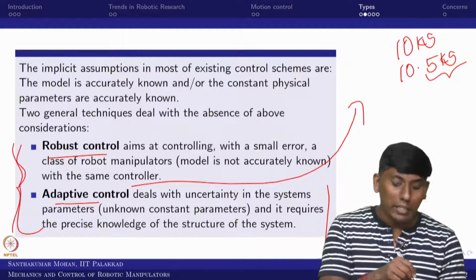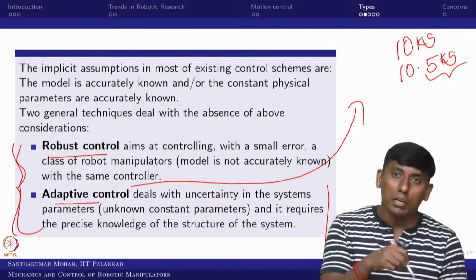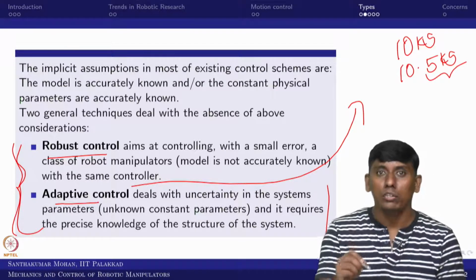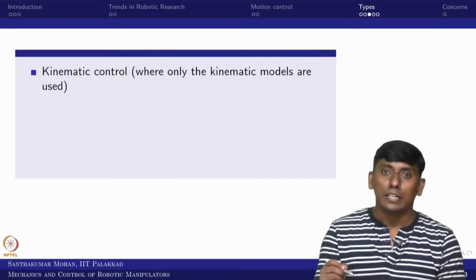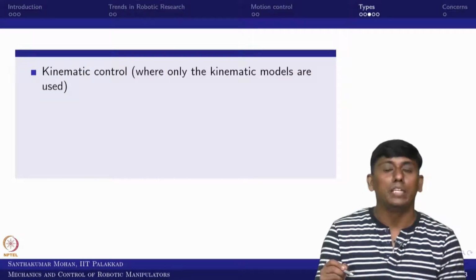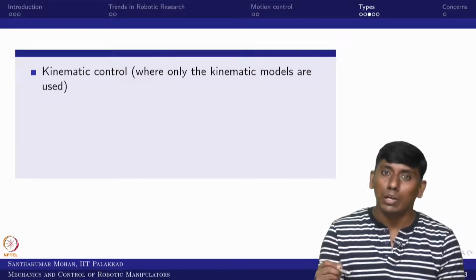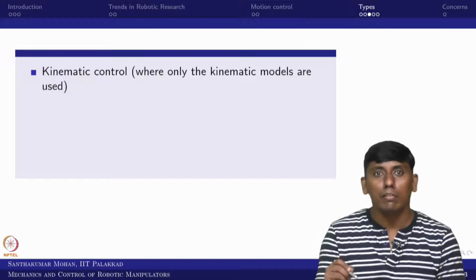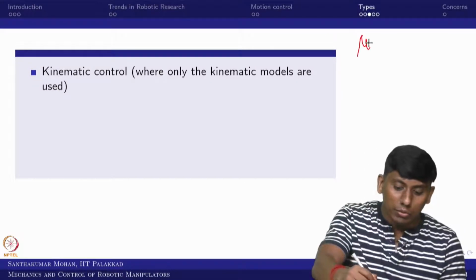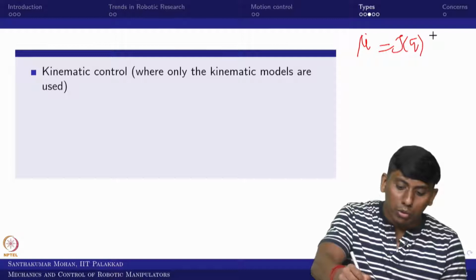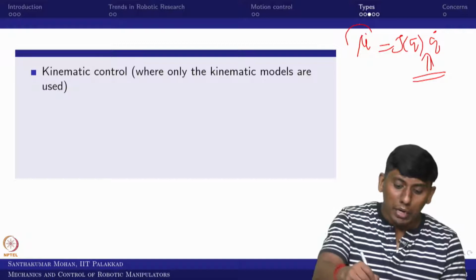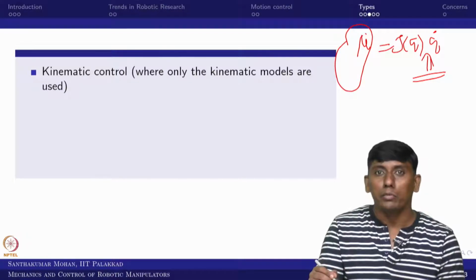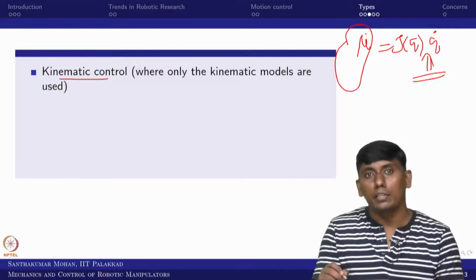These in addition overcome the difficulty we come across with either motion or model based control. Further, the control scheme can be classified based on where, and at what level, you try to implement it. If your controller is implemented at the kinematic level, you have this equation: mu dot is J of q into q dot. I try to find this q dot as the control activity based on my desired position trajectory. I can do it, then it is a kinematic control.